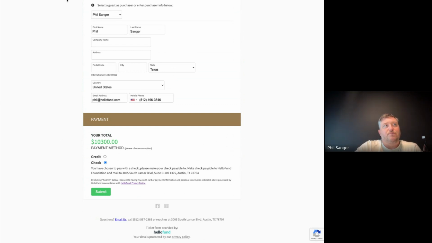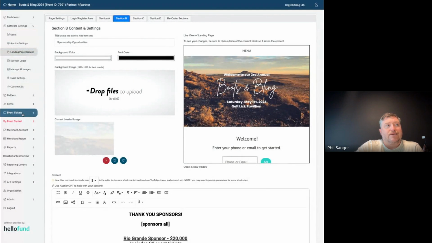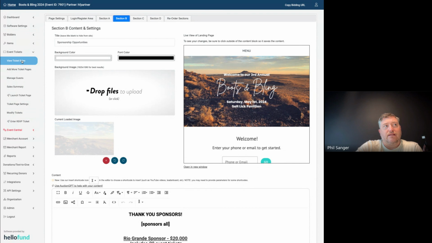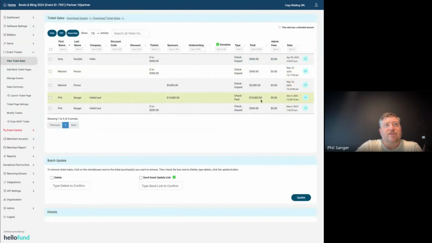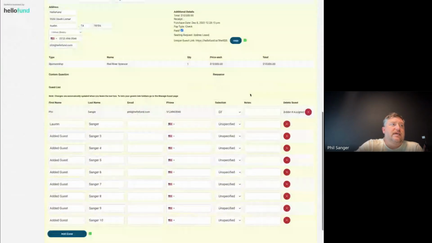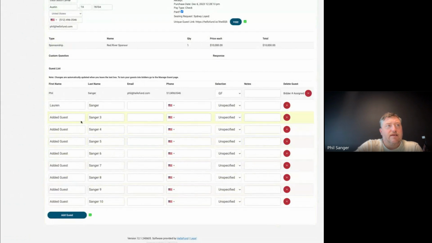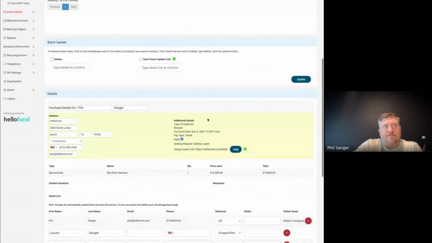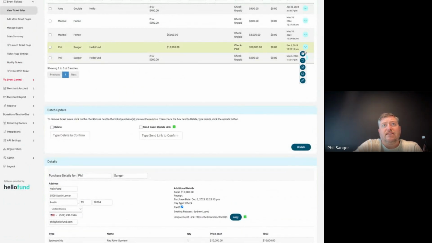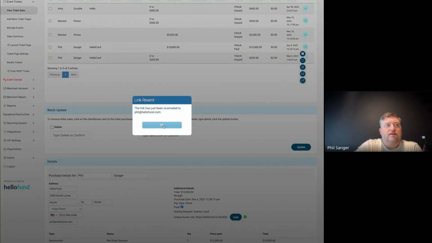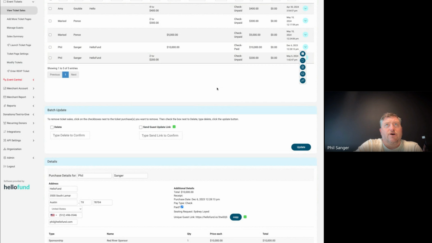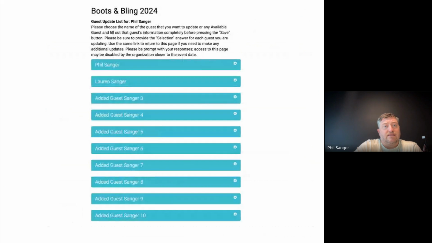And then going back to the back end of HelloFund, where I go in and look at the ticket sales, I can go in and look at Phil Sanger, and I see he purchased a table for $10,000, and then I see all of his guest info there. And if we don't have all of his guest info, I can go in and resend an email to his email, to the table host, and then that way he gets a link like this that he can open up